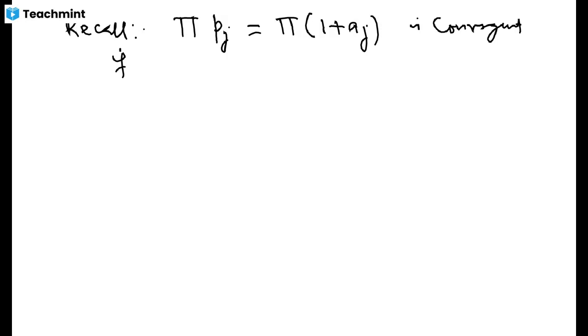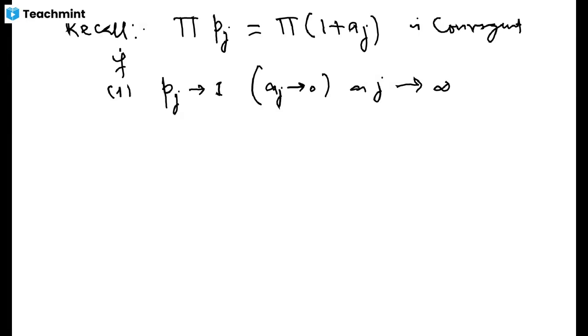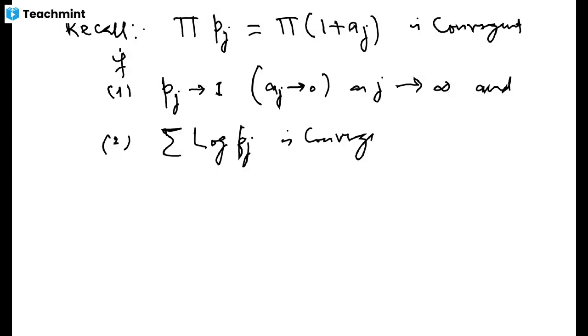if the following condition holds, that is, the limit of Pj goes to 1, or you can say if Aj goes to 0 as j goes to infinity. And the second thing is that this series log Pj has to be convergent. If you have these two conditions, then we say that this infinite product is convergent,